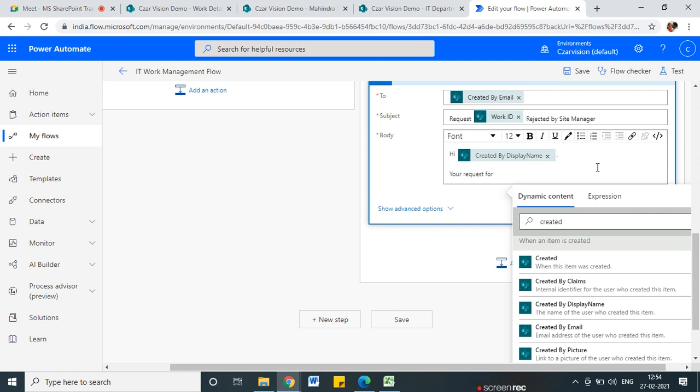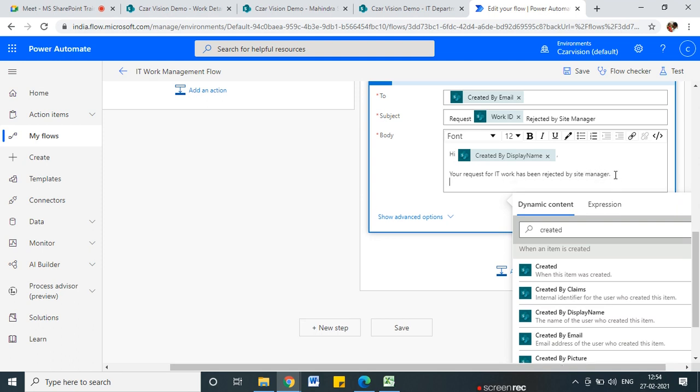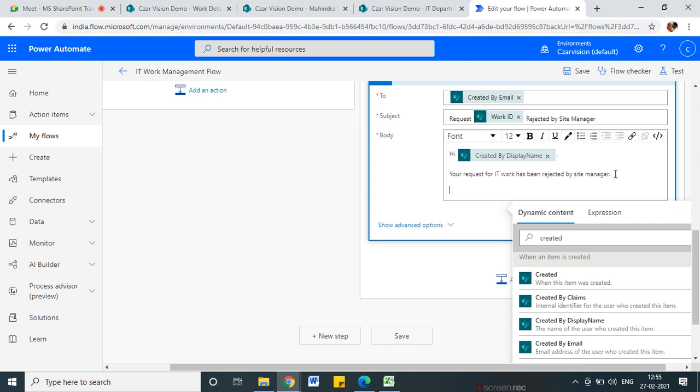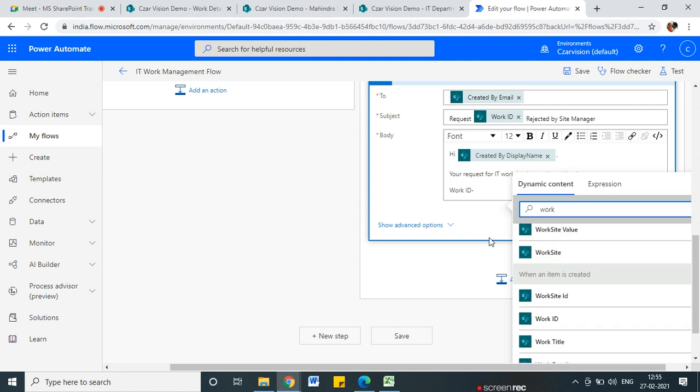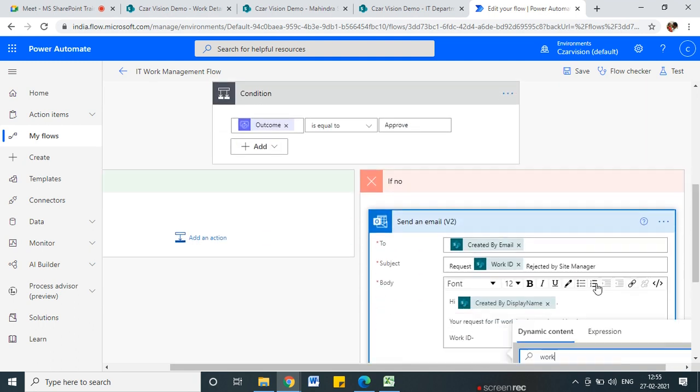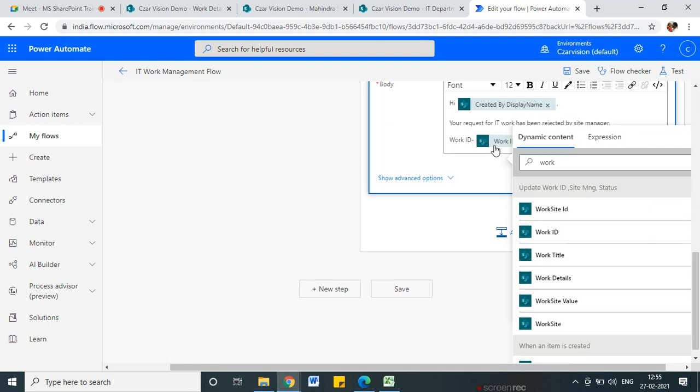request for IT work has been rejected by site manager. Okay, so site manager, so you can provide the work ID here, which is selected from here, work ID. So here work ID is here,